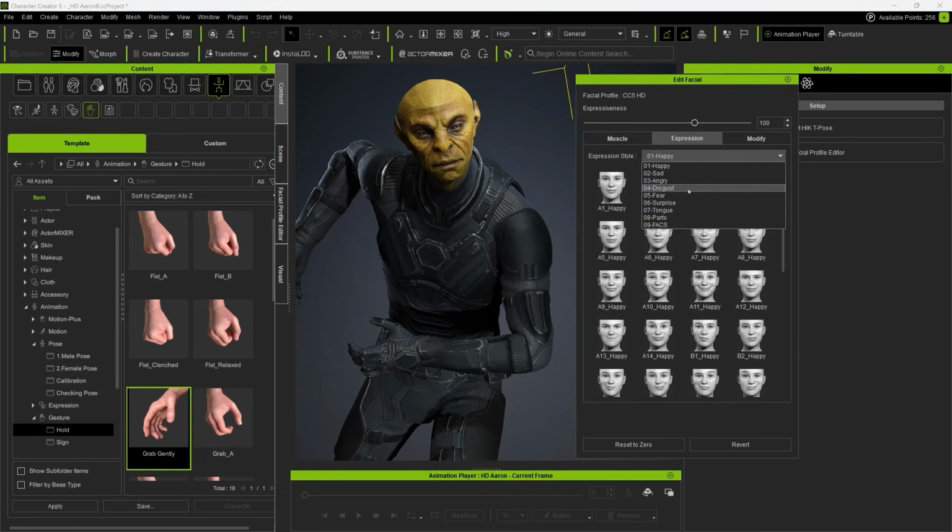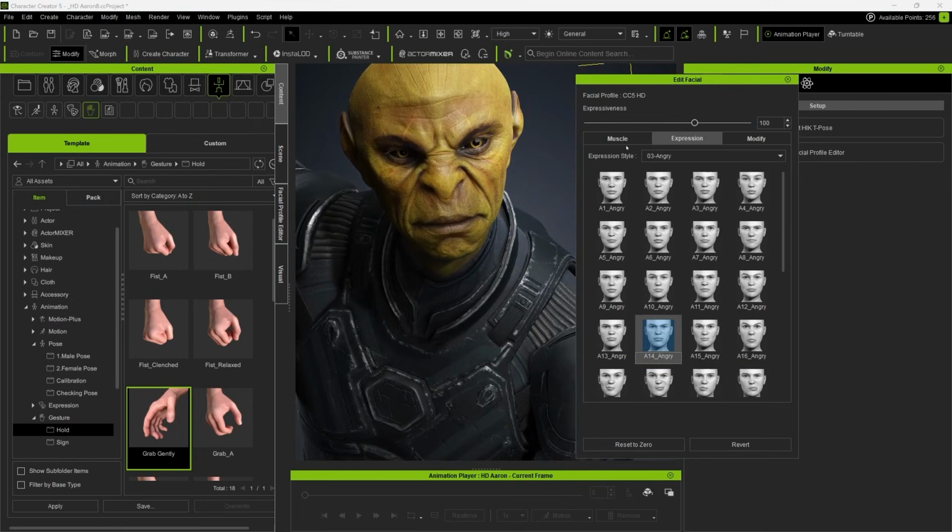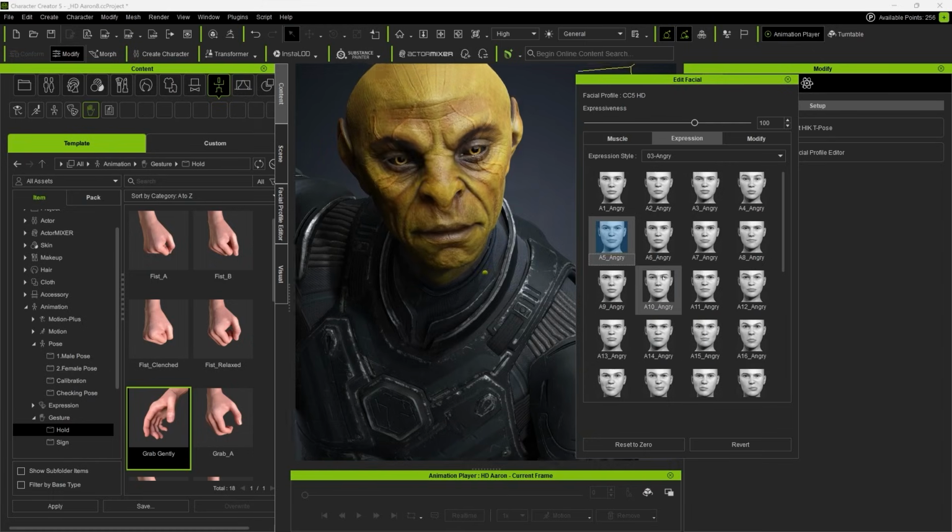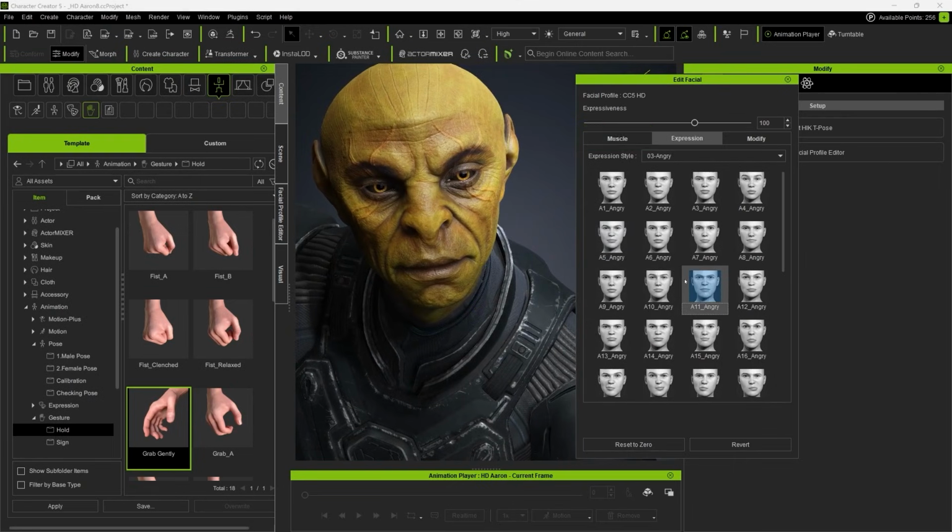And I'm just going to go for, I think, an angry one works well here as a starting point. Again, we can tweak it as much as we want to, but for what I'm trying to create, that sort of charging and angry expression might work just fine. All right, so once you pick the base expression, we can switch to the Muscles tab where we can refine